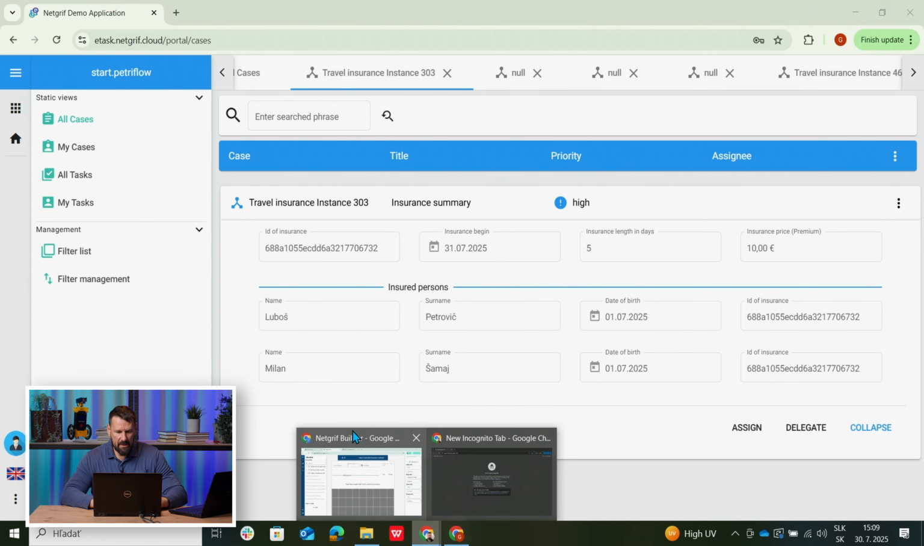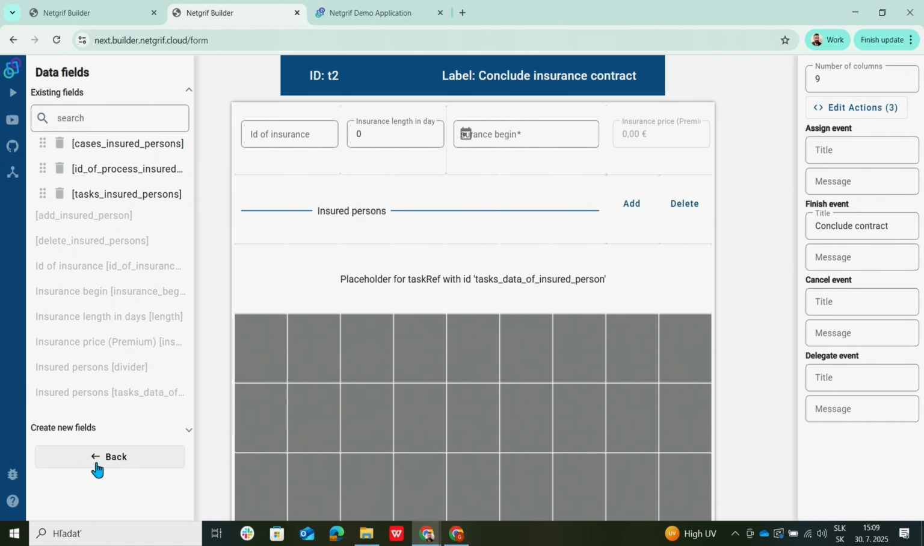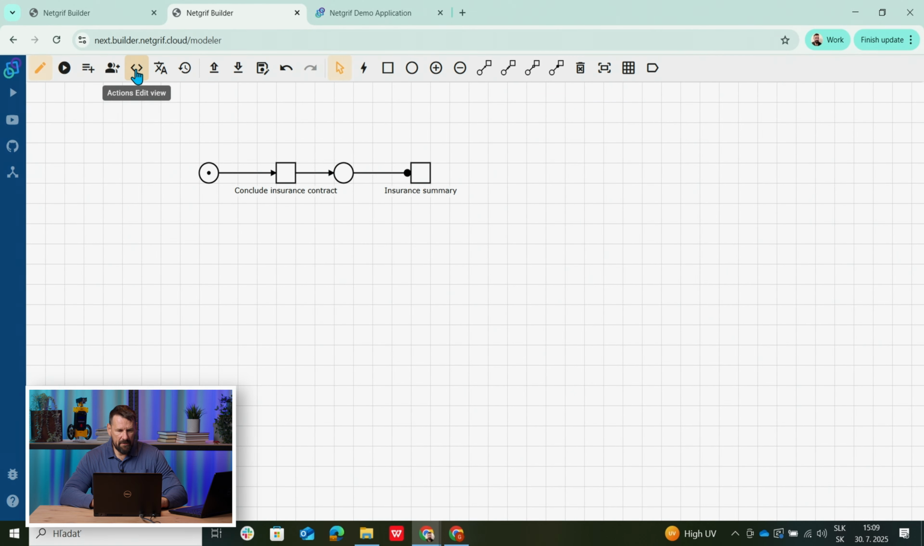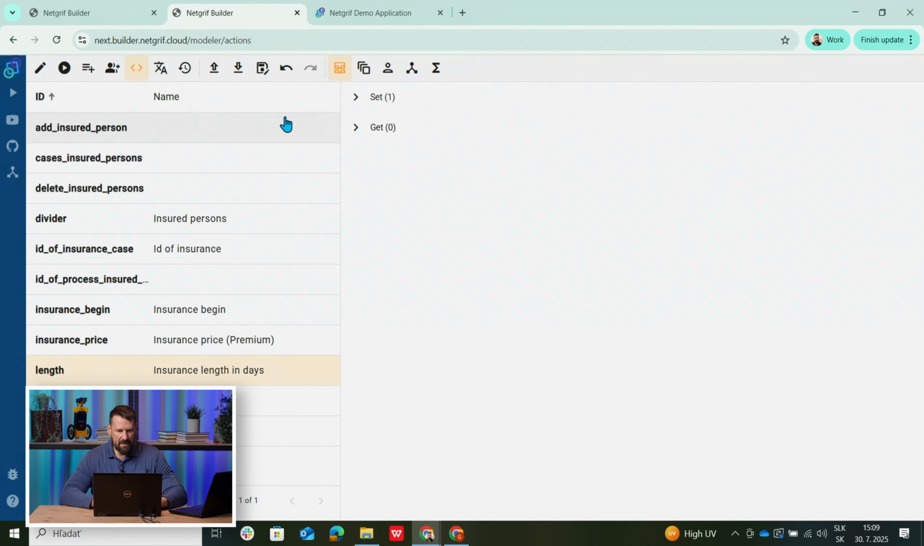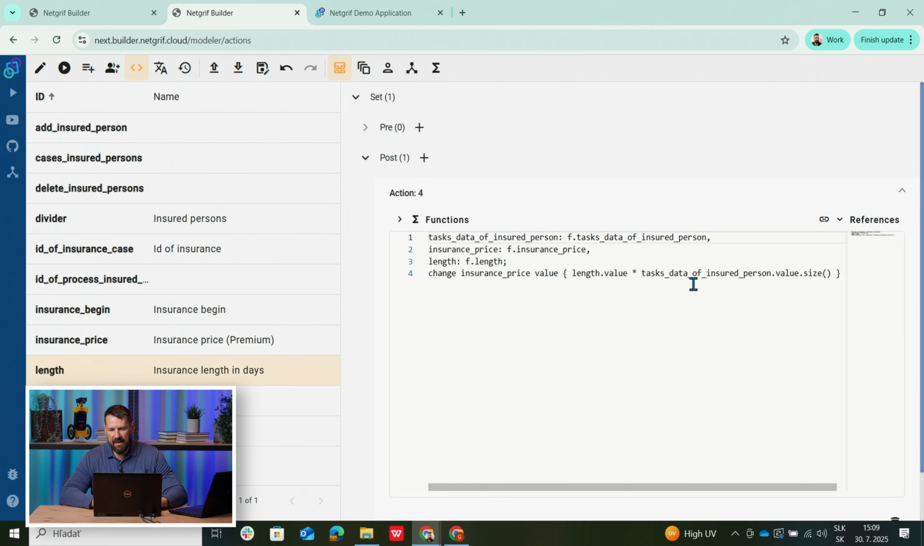So it means that for that case, task data of insured person dot value is that list, where is ID of Lubos and ID of Milan, and size of that list is 2. So therefore 5 by 2 were 10. Yeah. So this is what was called just this one line when